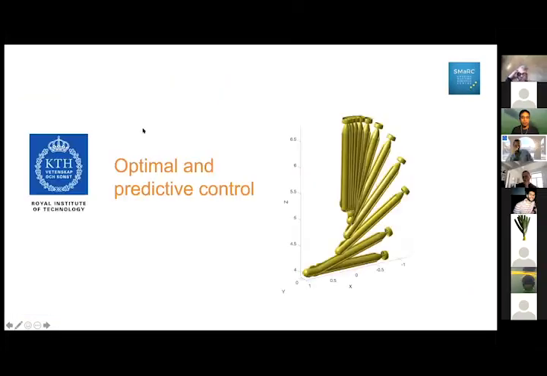Now we are there. So we've seen both the positives and the limitations of using classical methods. So we've seen where PID works well and where it doesn't, in that there are some limits to the maneuvering and the capabilities. And now I will show you what we can do with more advanced techniques like optimal control and model predictive